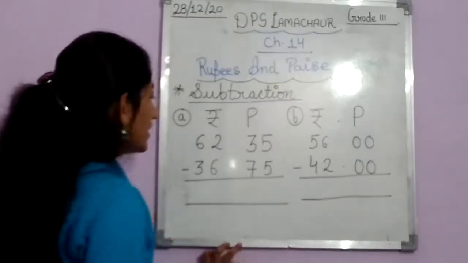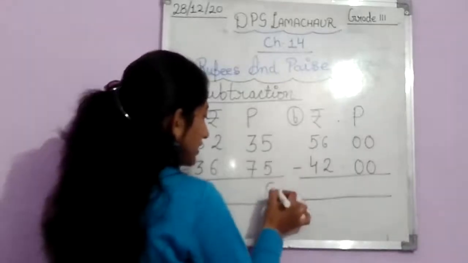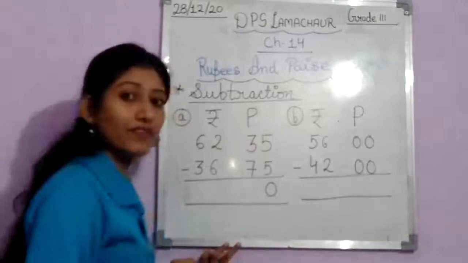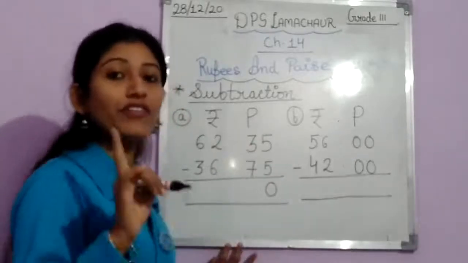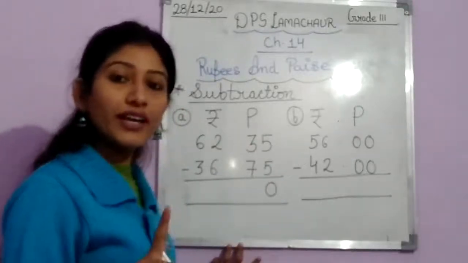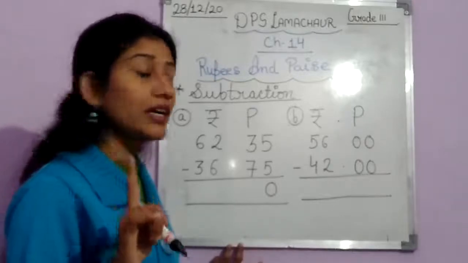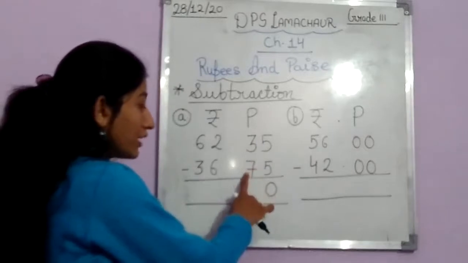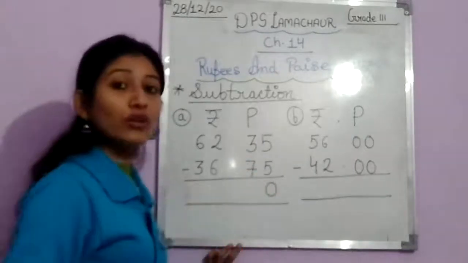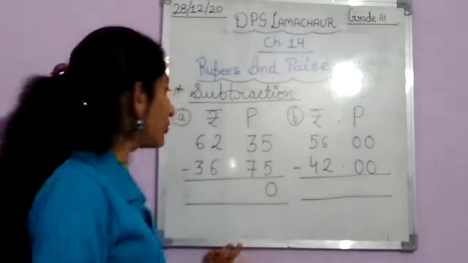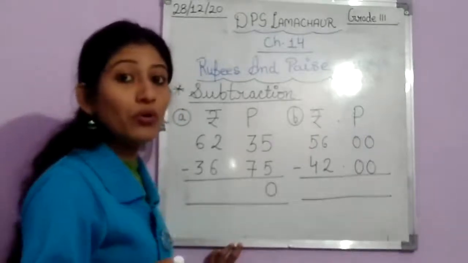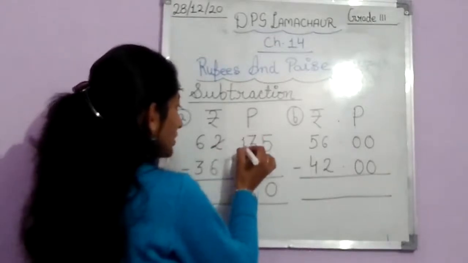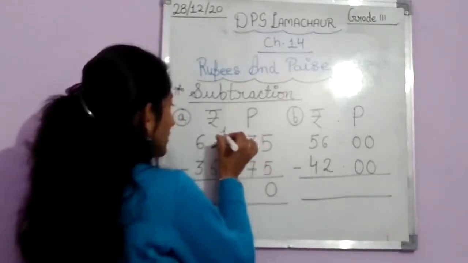You all know how to do subtraction. It is very easy. See, 5 minus 5 we are getting 0. Now see beta, this is 3 and this is 7 and we have to subtract. For subtraction, one rule I have told you very earlier: we cannot subtract the greater number from the smaller one. So now what do we have to do? We have to borrow 1 from this. When we borrow 1 from this, this will become 13 and this will become 1.